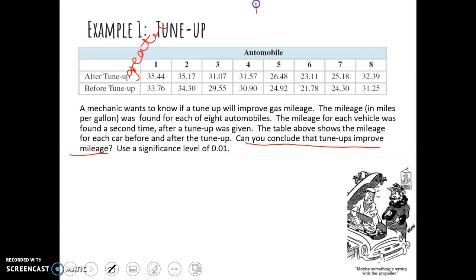So how would we write that? So first off, we recognize this is paired data because it's for 8 individual cars, and we've taken two sets of data from the same sample. So our null is the mean difference is 0. We're saying there's no difference. The alternate statement,